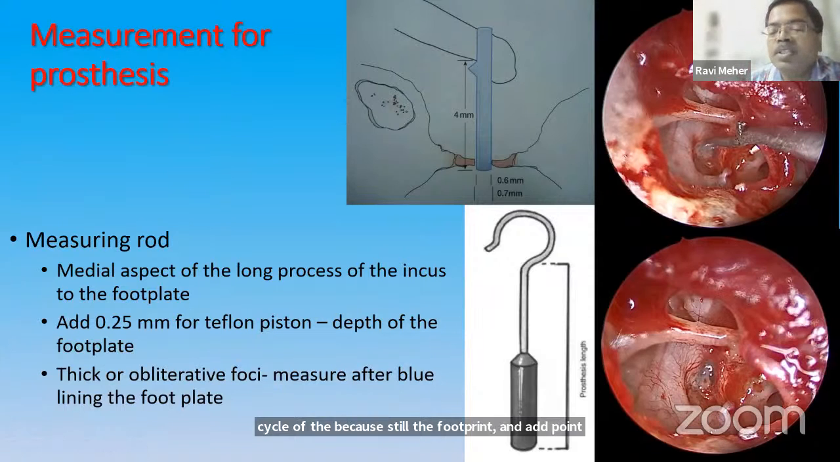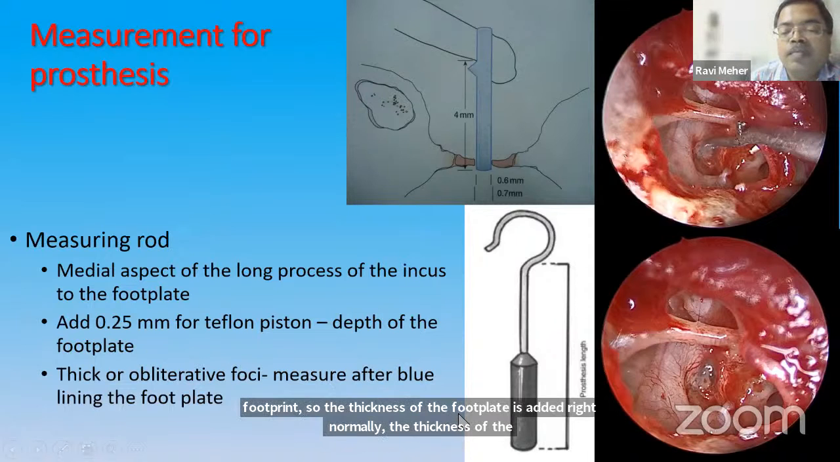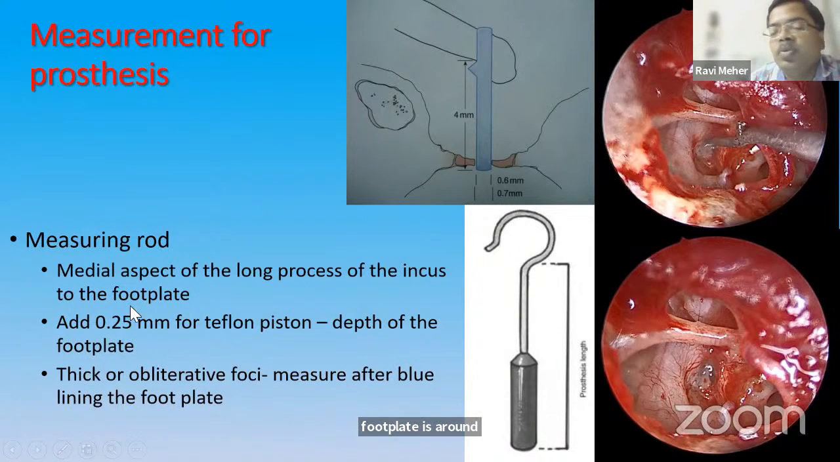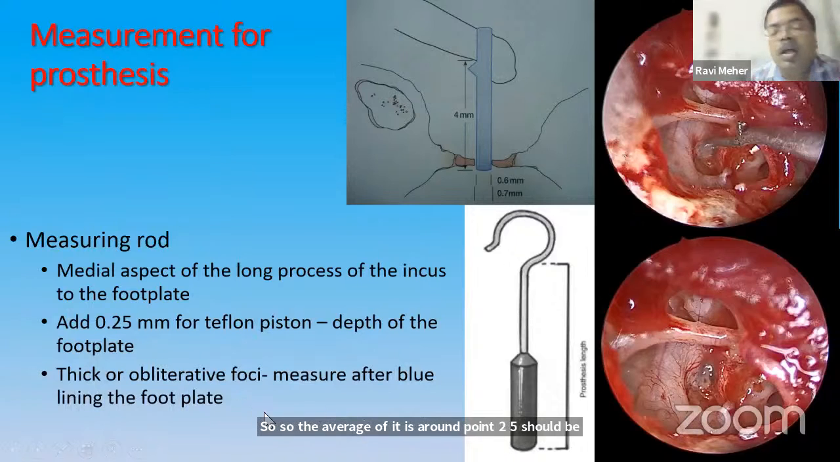This 0.25 millimeter is added for the thickness of the footplate, because the middle end of the piston is going to enter into the footplate. So the thickness of the footplate is added, right? Normally the thickness of the footplate is around 0.15 millimeter to 0.4 millimeter. So the average of around 0.25 millimeters should be added to the length calculated by the measuring rod. In cases of thick footplate or obliterative footplate, you should measure the length after blue lining the footplate,